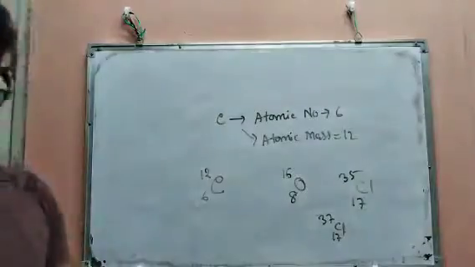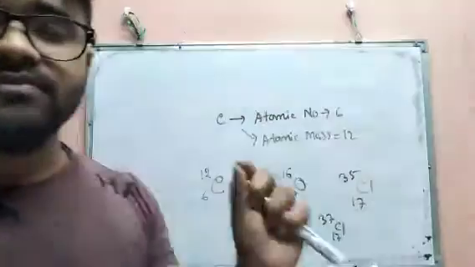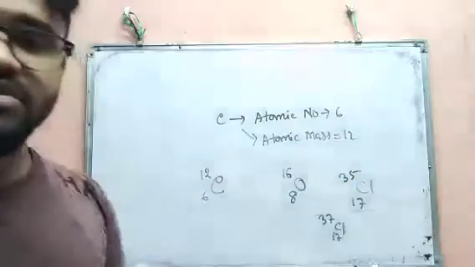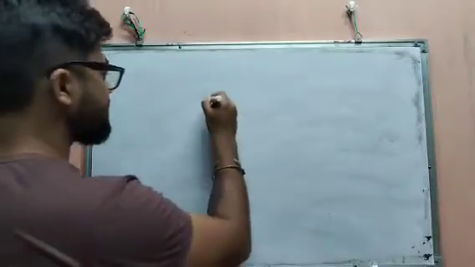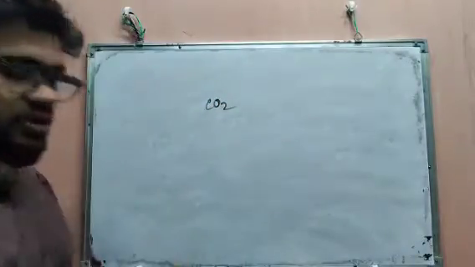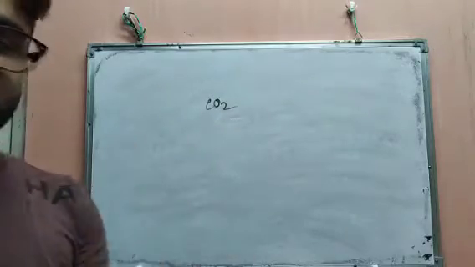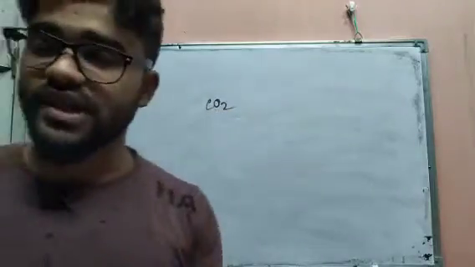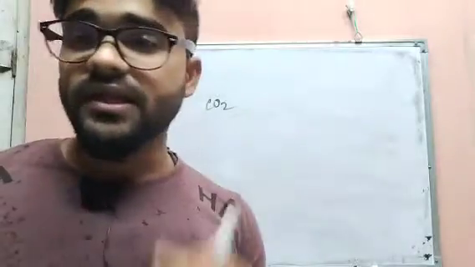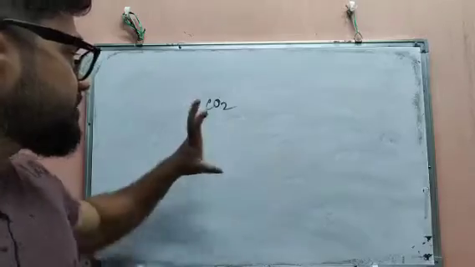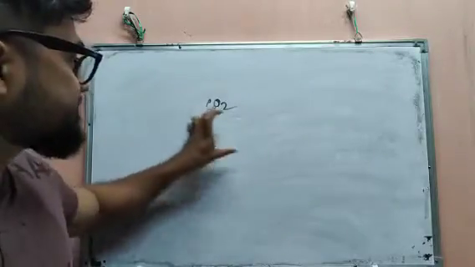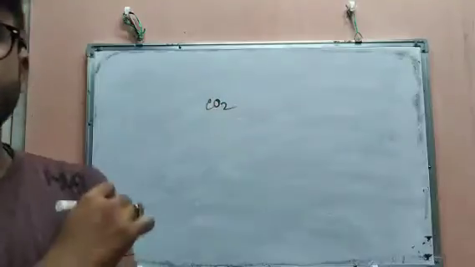Now the question arises, how do we give a quantity for an atomic mass? Suppose, see here, this is carbon dioxide. In this carbon dioxide, carbon is an atom and oxygen is also an atom. The number of carbon atoms is 1 and the number of oxygen atoms is 2. So if we are asked to find, obviously as this is a compound or a molecule, there will be a mass.